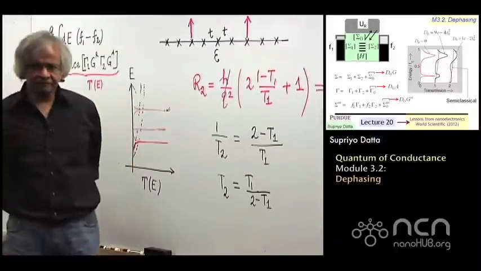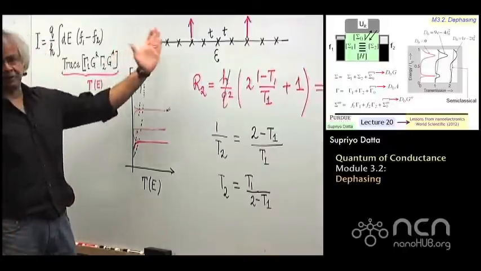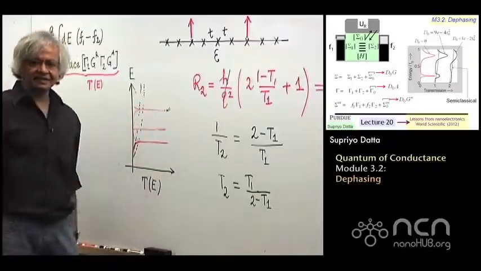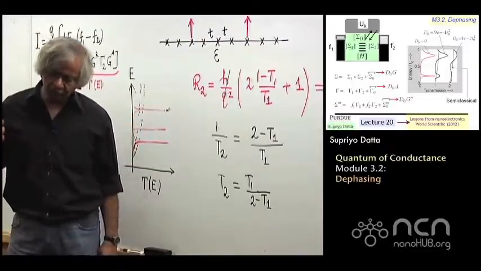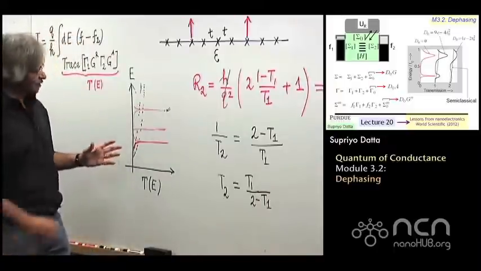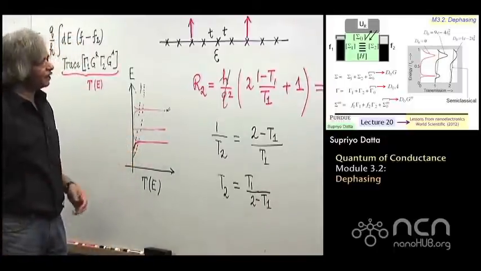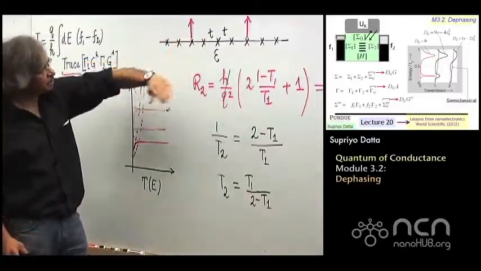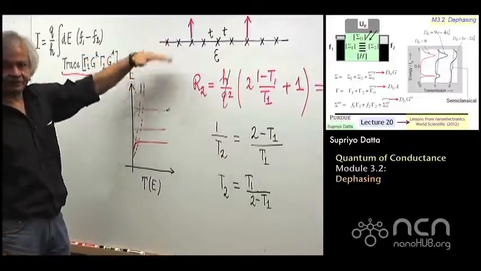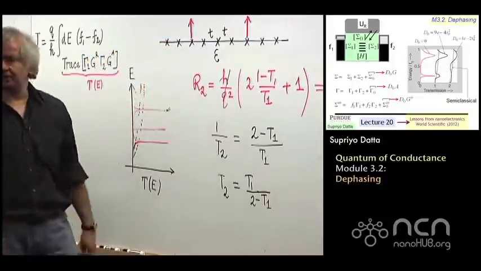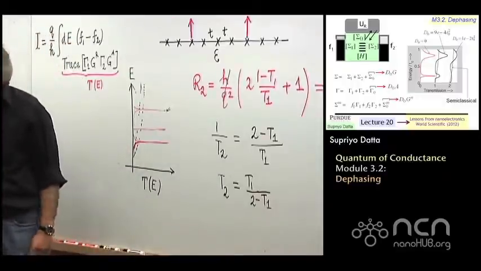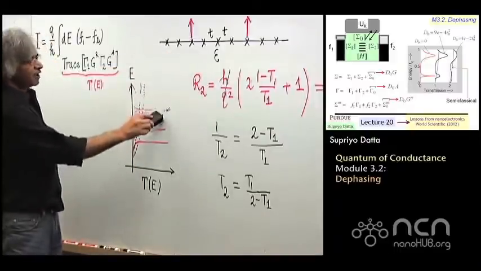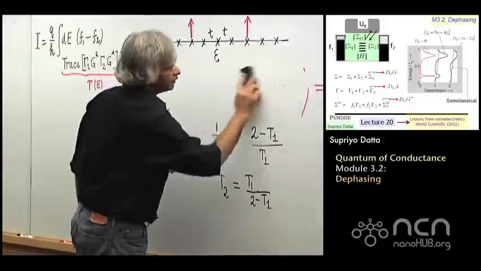Now, one thing I should mention is that when you do a one-dimensional problem, usually these quantum effects, these peaks, are a whole lot more accentuated or seen much more clearly than if you were doing a problem that was like two-dimensional, which means it is not just a single wire, but you had multiple things like this. And how you do that, that's something I'll explain a little better in the next module. We'll go to that. But usually what happens is, you see, the reason you have peaks, the way you think about it,